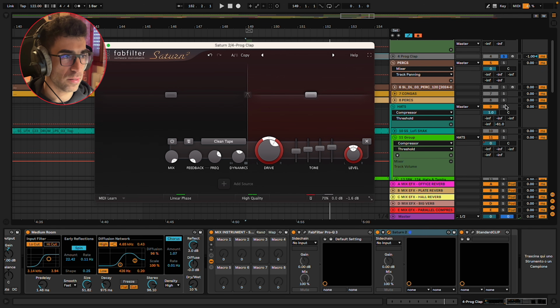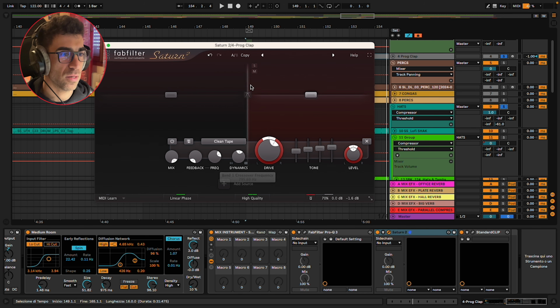You can barely hear the difference, but with the heads, you can hear it's a bit more present around 1000 Hertz. So I really like to use this plugin. Let's turn them on.